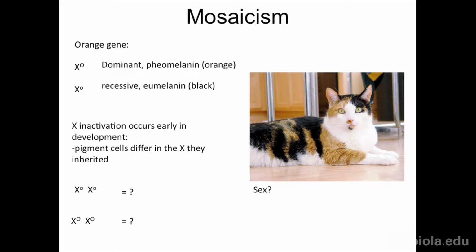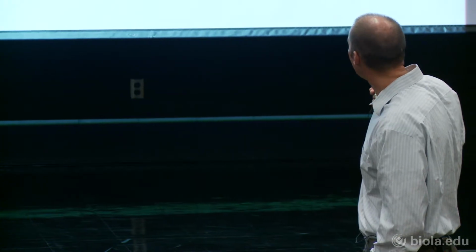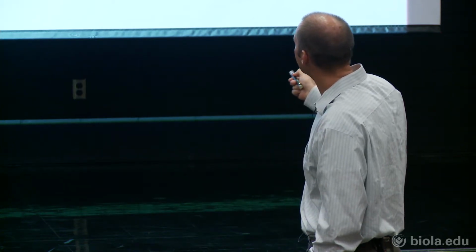A cat's pigment is determined by a couple of things. First of all, we should say all the white stuff on his belly and on his paws, that's a different genetic mechanism. That's whether he makes pigment or not. So in a calico cat, the underside is usually going to be white, and that's not what we're talking about. We're talking about the tortoiseshell, or this mosaic pattern that you see on the back,